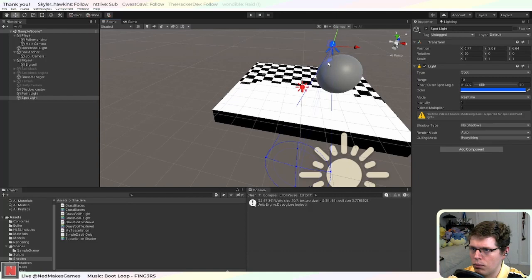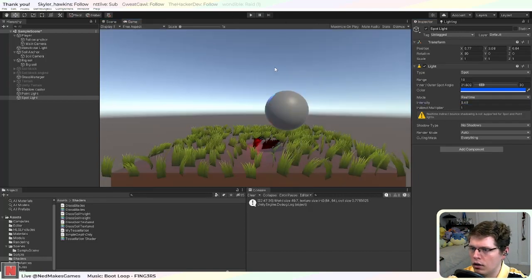Okay, so now we should see that little bit. I guess I'll make the intensity pretty high. Okay, so you can see it on the ground there. Alright, so if I widen it,